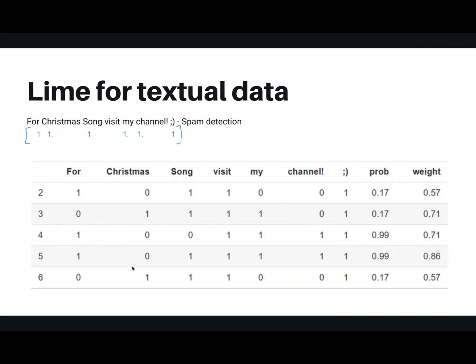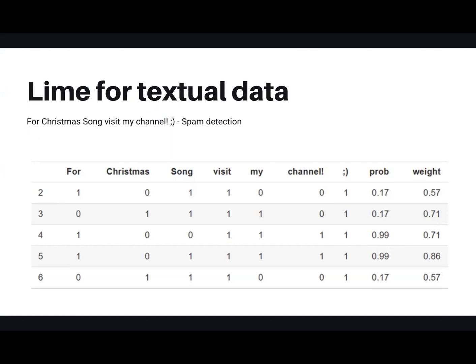We have this one, which has just one 0. It has the highest weight because it's the most similar to the original input. And it says for song, visit my channel, wink. And we can see that it has a very high probability of being a spam. So what we did is we simply took the instance of interest, represented it as a vector of ones,